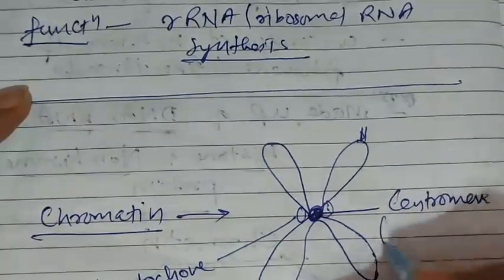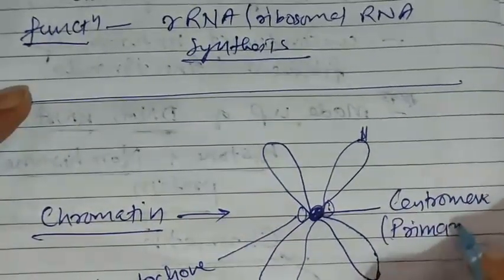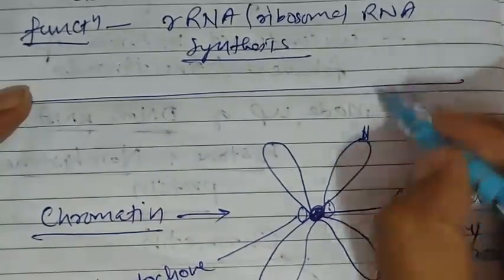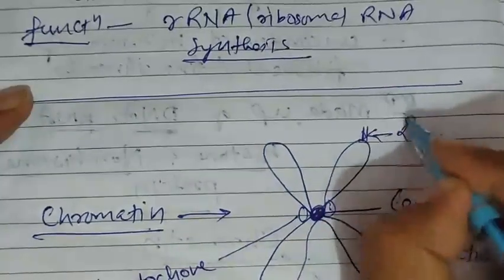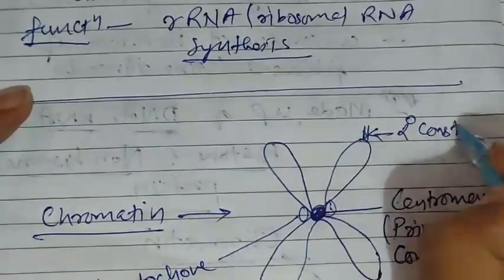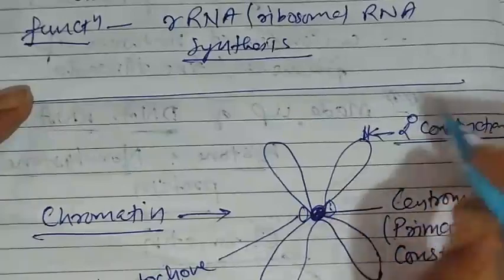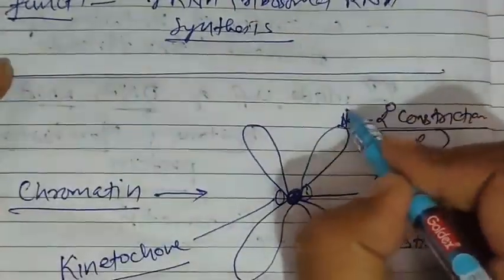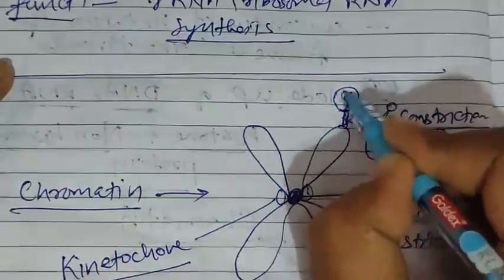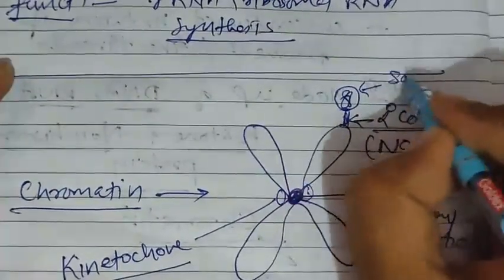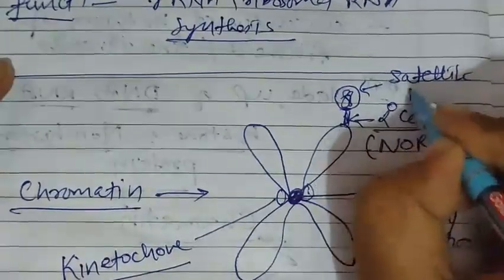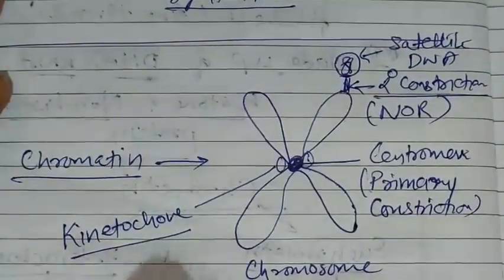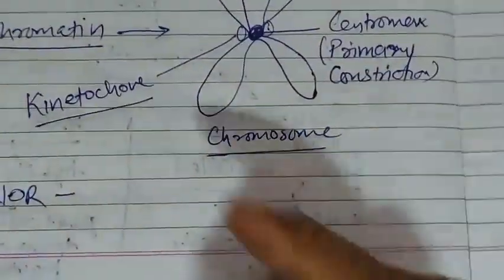is known as primary constriction, whereas secondary constriction occur, which is known as NOR, nucleolar organizer region, and due to which the DNA gets separated here, and that is known as satellite DNA. So NOR is a secondary constriction, and NOR is nothing but